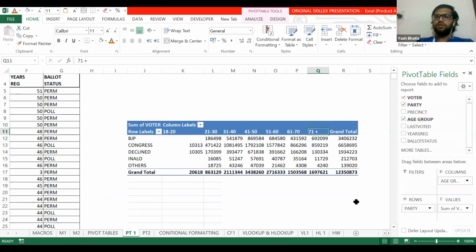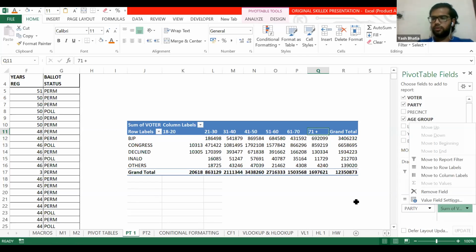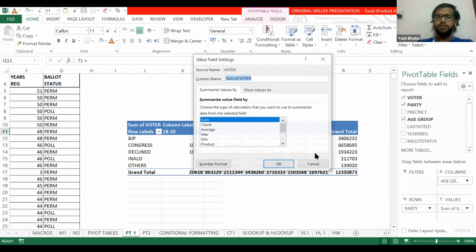Okay. There is a little mistake. The table shows sum of all votes from the age group of voters. It is wrong. So what we have to do is change the sum. We don't need the sum. We need to count the cells. So we click on this value, select Value Field Settings, and from this drop-down menu, we can select the command we need.